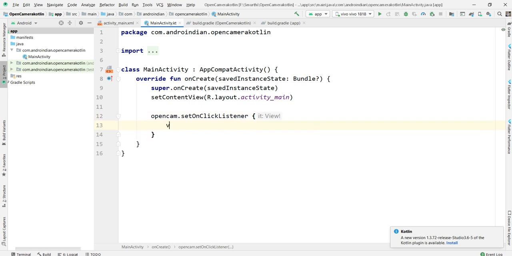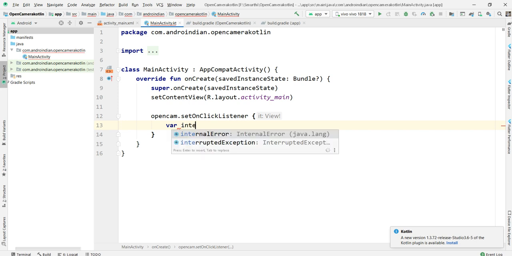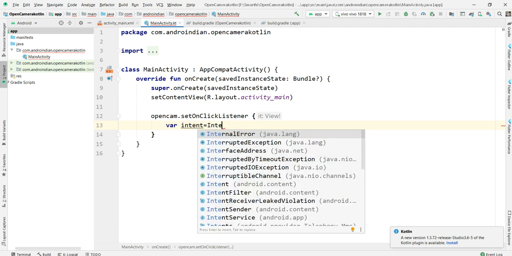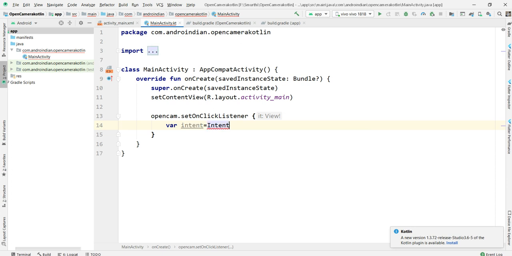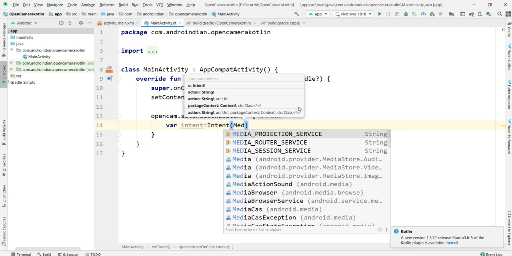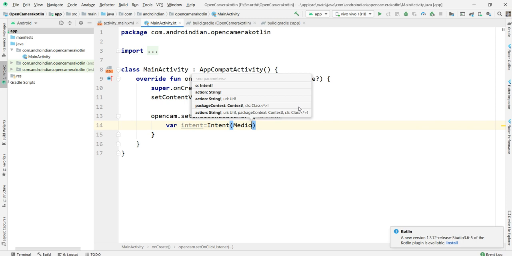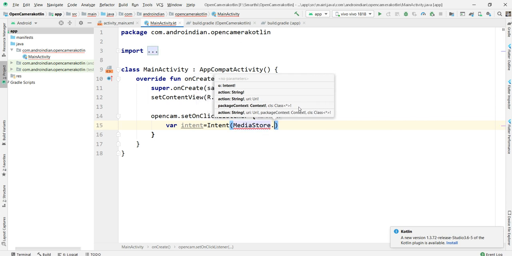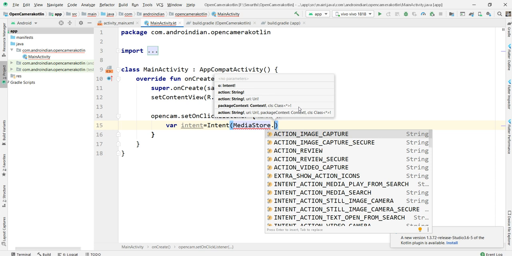Now I want to write var intent equal to Intent. In this we need to write the open camera code, which is the same as how we write it in Java. We just give the path here, and that path is MediaStore dot ACTION_IMAGE_CAPTURE.